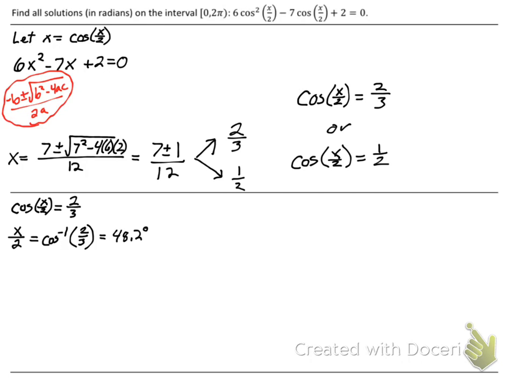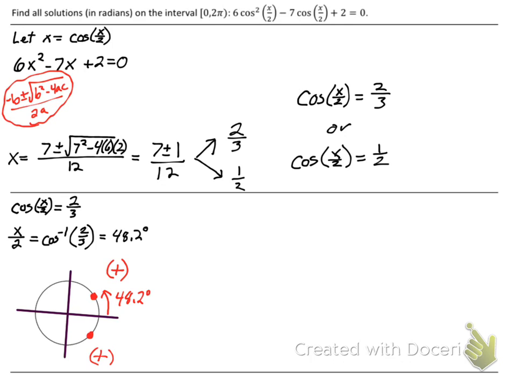Like I said, almost every angle you find is going to have a counterpart. It is your job to find the counterpart. Your calculator will not tell you there's a second angle. So you need to think about where that 48.2 degrees is. And that is where cosine is positive. What other quadrant is cosine positive? Because it has to have the same sign. Yeah, quadrant 4. So that means my other point is where else it's positive, which is down here,